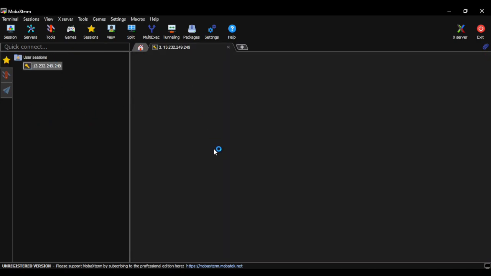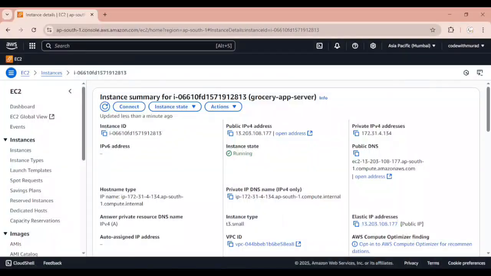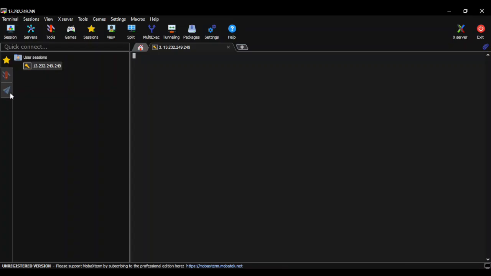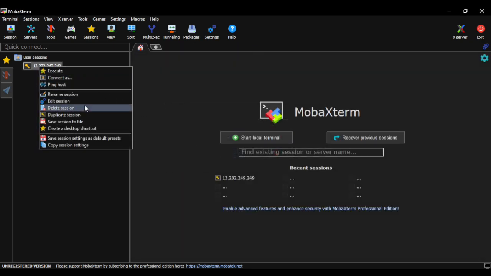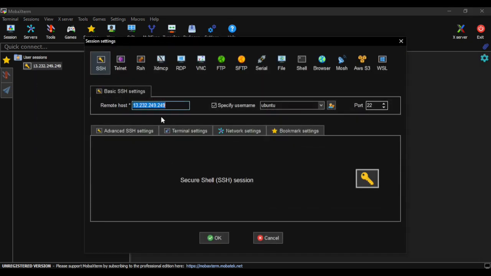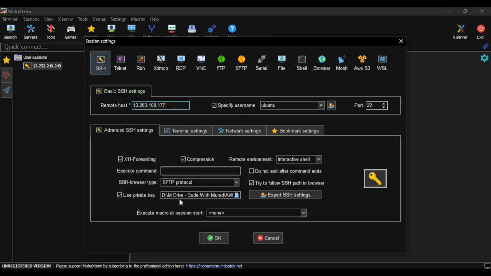Now let's see whether we are able to open the server with this IP or not. So again it is taking time and it will not open. So what we have to do for opening the server, I'll simply copy this IP address now, and let me close it. Edit session. I'll give this IP address, which is our elastic IP. User is Ubuntu, and we don't have to change the private key, which is the PEM file. I click on OK,